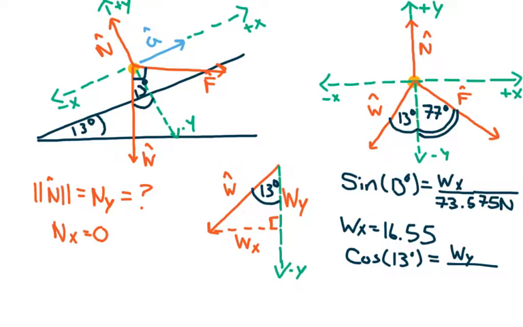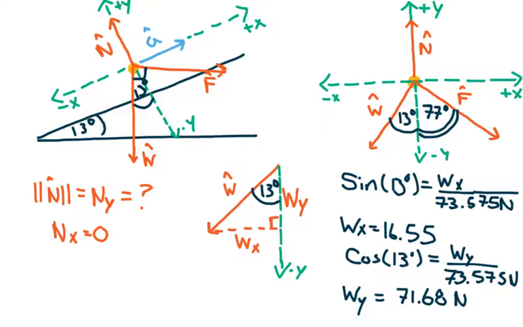So that's going to be 73.575 newtons. And I get that just doing the same thing, doing some algebra, solving for Wy, I get that the y component of my weight is approximately 71.68